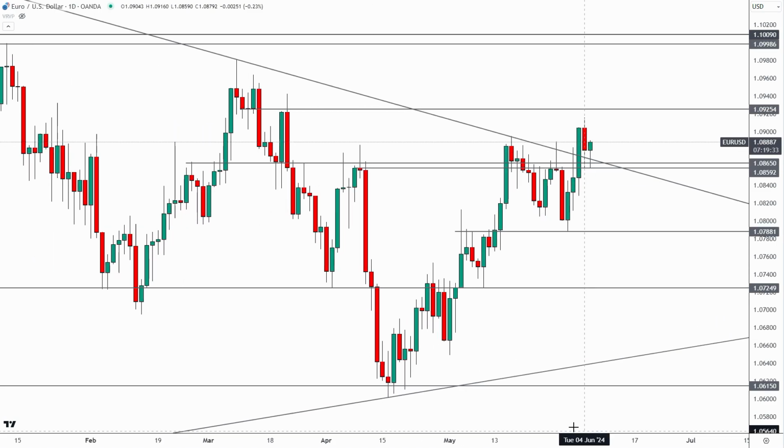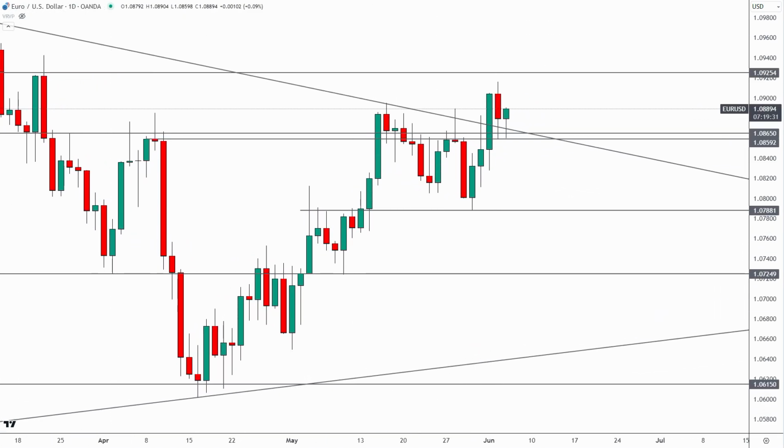So for a bearish scenario here to materialize, what would have to happen is the euro would have to close a day back below 1.086. It doesn't have to be today. It doesn't have to be tomorrow. It could happen sometime this week or even early next week. But if we were to see the market just consolidate up here and then eventually close back below 1.086, then that would give us a fake out very similar to what we got right back here.